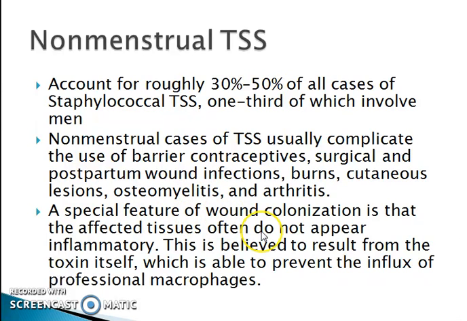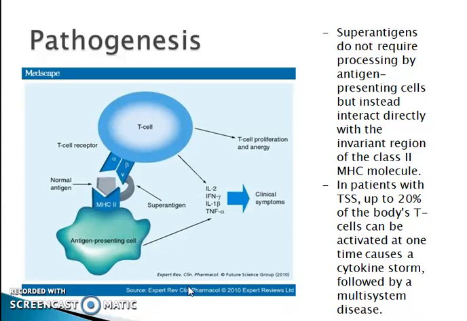A special feature of wound colonization is that the affected tissue often does not appear inflammatory. This is believed to result from the toxin itself, which is able to prevent the influx of professional macrophages. For pathogenesis,